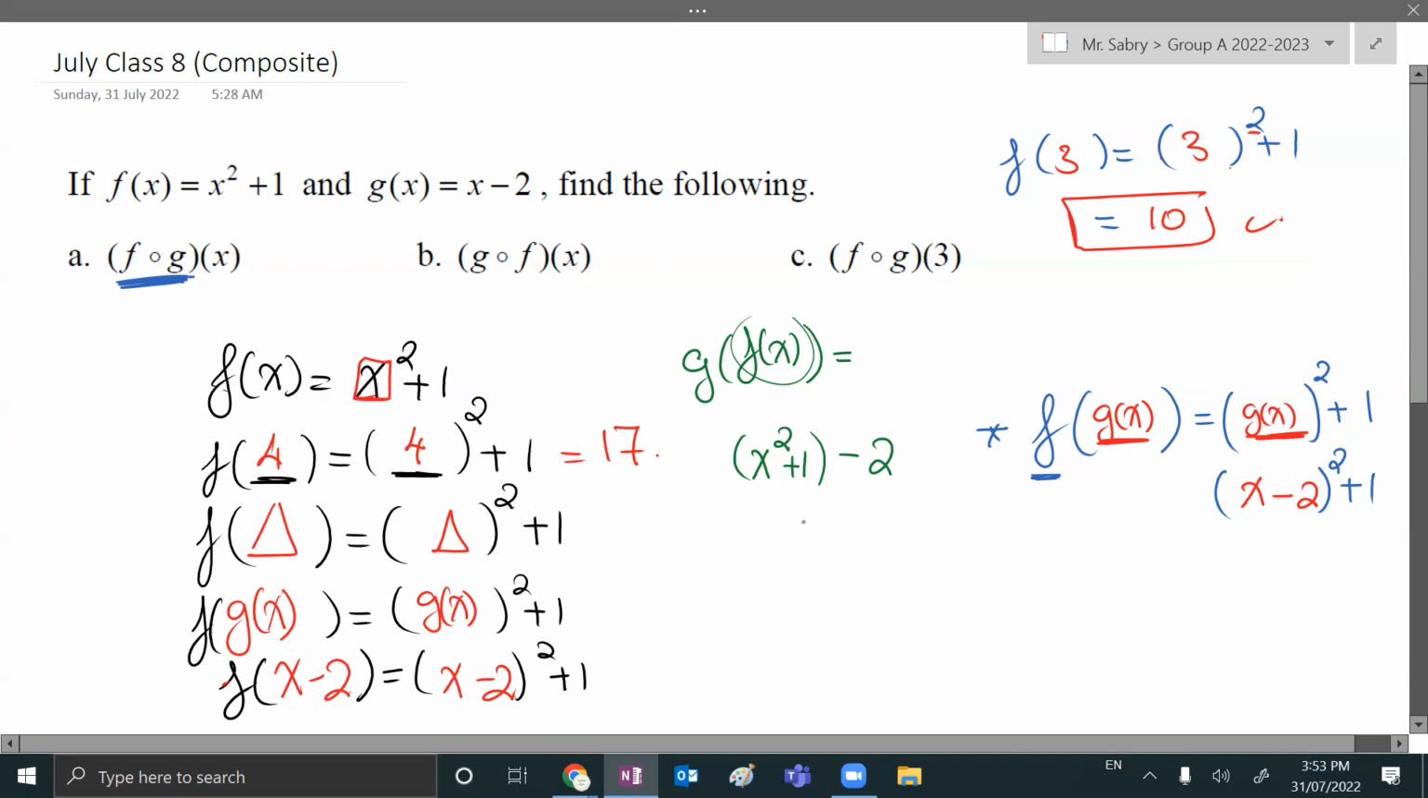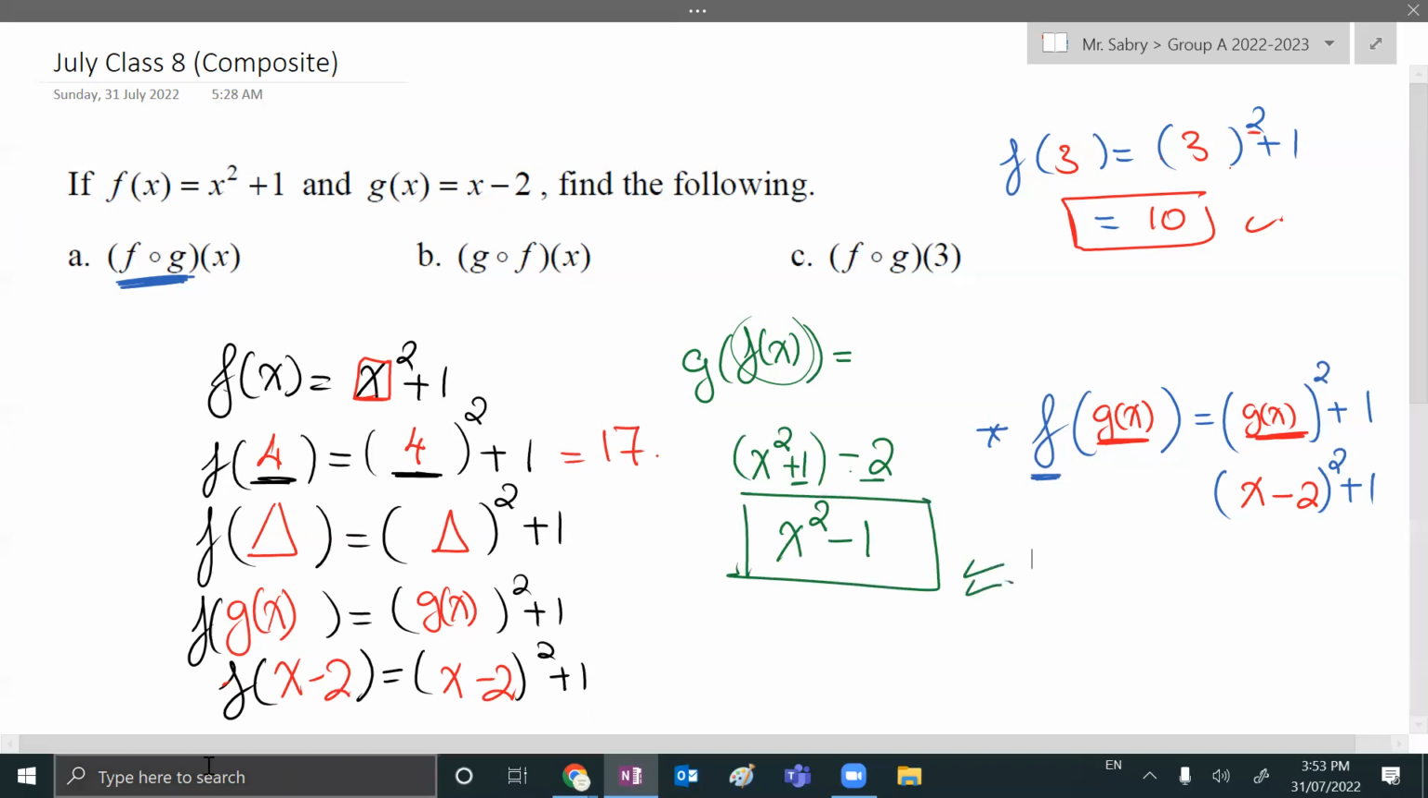طيب how do I simplify this؟ عندي 1 minus 2. I should add like terms. So this will become x squared, 1 minus 2 يعني negative 1. This is the final answer of it, x squared minus 1. نفس الكلام